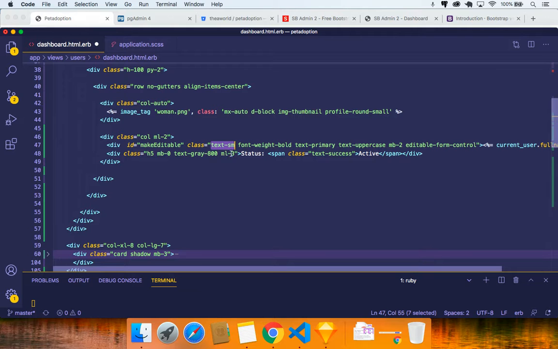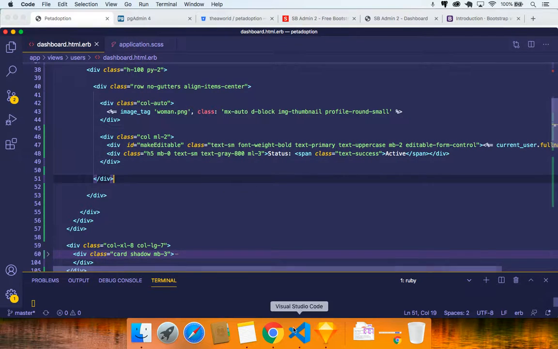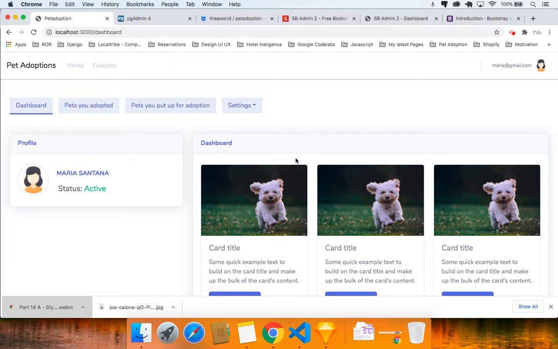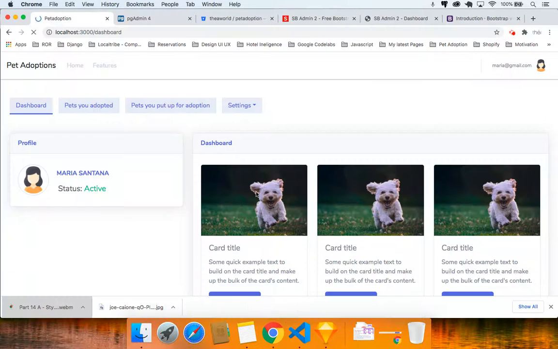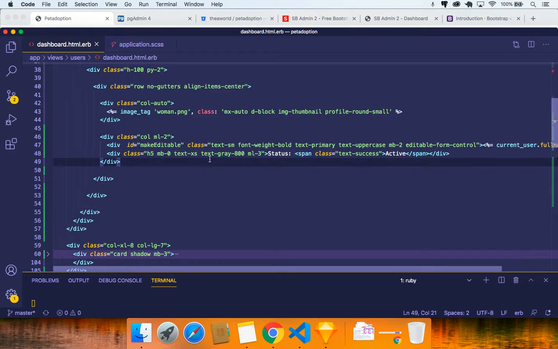or here, like that, or text extra small, XM. Is it XM? Extra small, XS. Save it, come back here. Oh my goodness, what am I going to do? Let me just come back, Command Z, Command Z, Command Z, font weight bold, text,